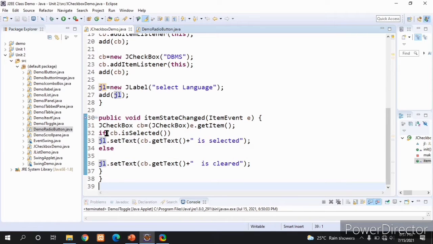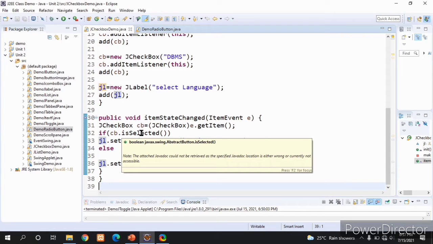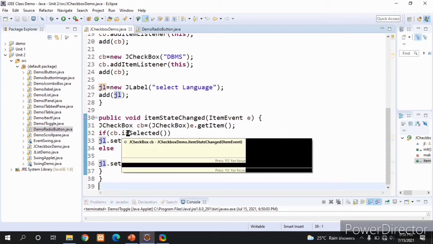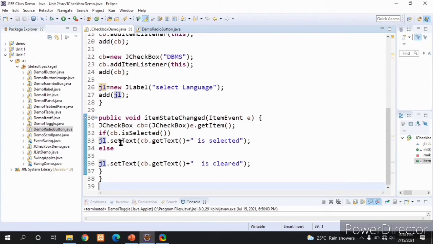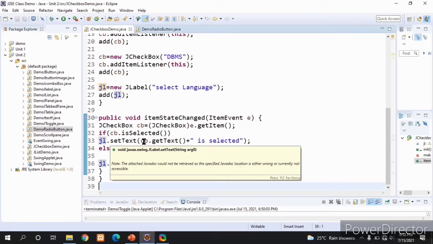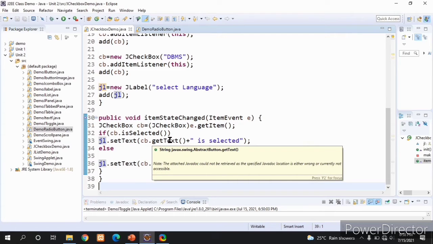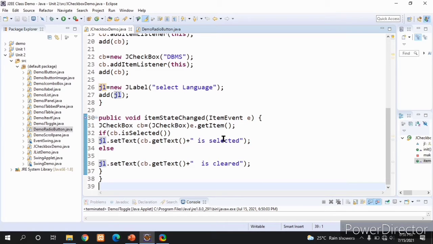Next, I am checking if that checkbox is selected. If it is true, the JLabel text will be set to cb.getText(), meaning whatever the name is. Suppose I click on DBMS, it will return DBMS, and the JLabel will display DBMS is selected.